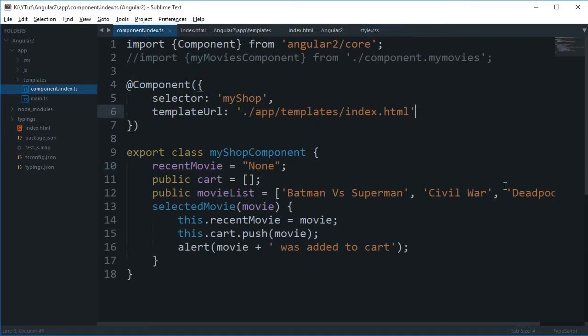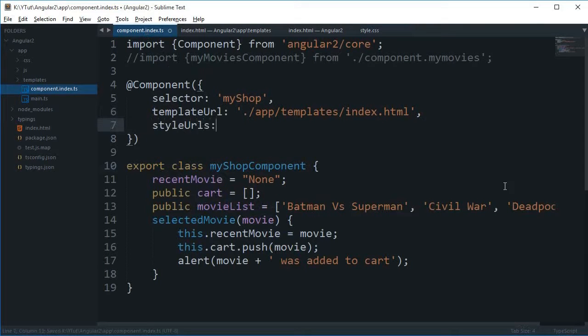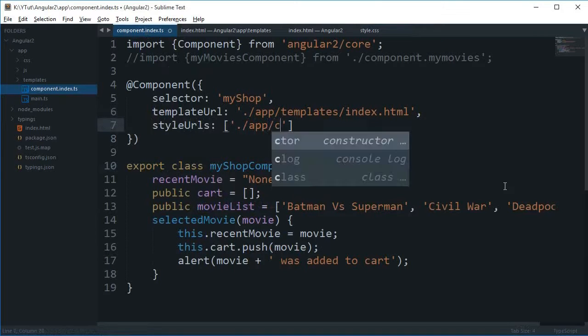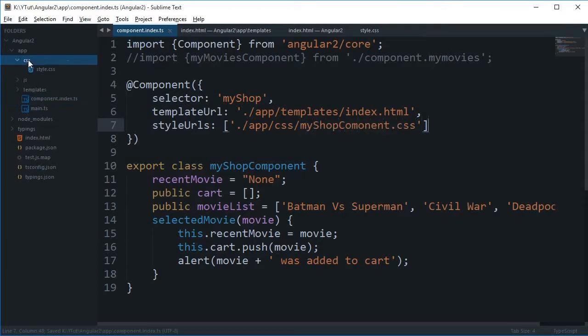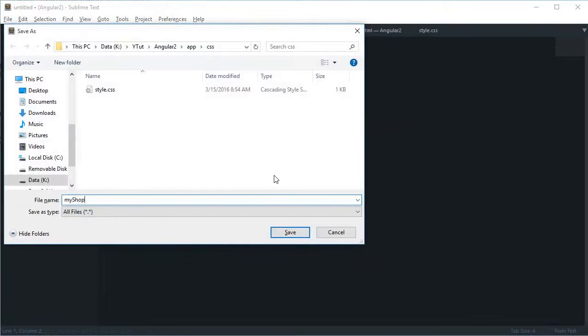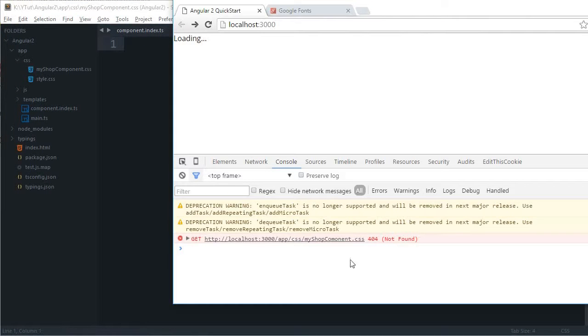Again, now we need styles for our component, so I'm gonna say style URL, and here would be again an absolute path instead of relative, so this would be app CSS. Let's just name this as my shop component.css, and don't need a semicolon right there. So my shop component.css, here we go. And for this what I can do is actually,